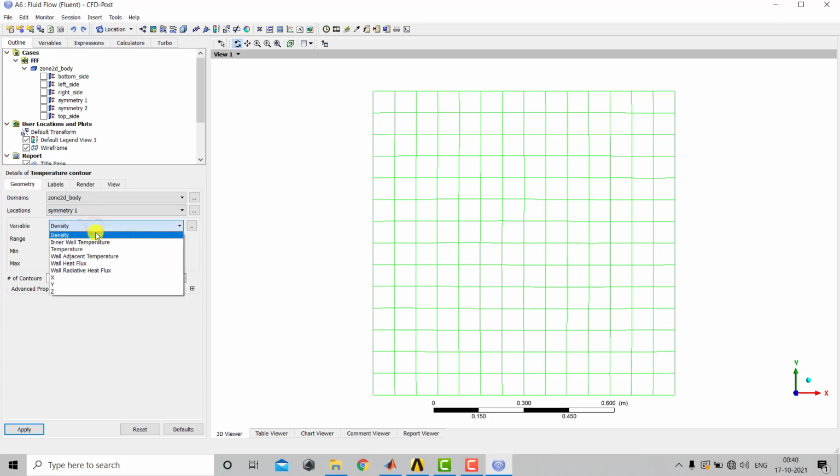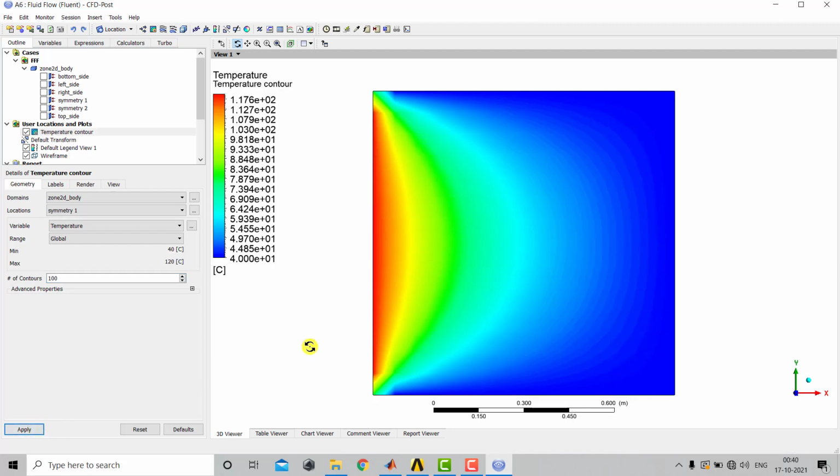From here we can select the variable, in our case that is the temperature, and here the range of contour, let us say 100, and click on apply. So from here you can see the results of the simulation, and from here you can see the values of the results. Now in order to compare the results at each and every point, we can plot the result at any of the line. So first we need to create one horizontal line that is passing through the domain, and for that first we'll create one line using the location.